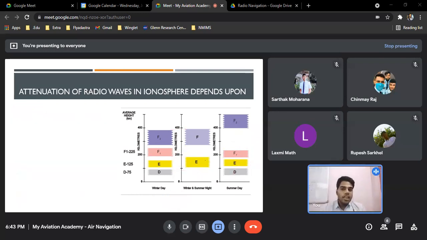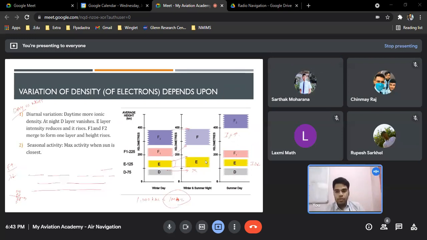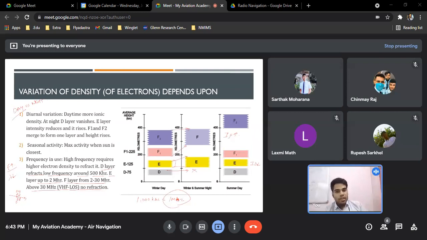Let's discuss attenuation of radio waves in the ionosphere. Now attenuation, what is that? It's just the absorption. Ionosphere is like ion density is larger in D layer. No, it is larger between the portions. If you remember, I'm telling you, the ionospheric density is larger in the middle section, not below, not high.